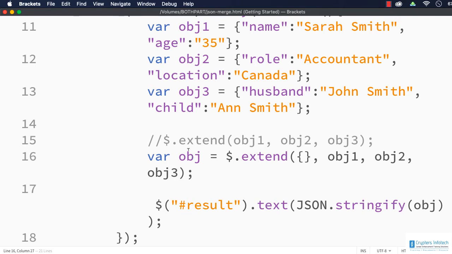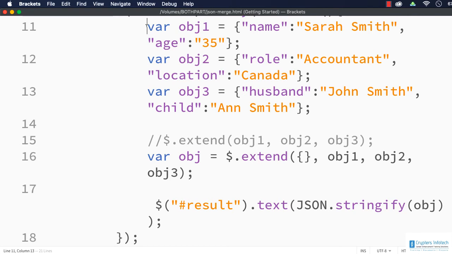Now, suppose we want to have the modified data. For example, if the role is specified as accountant here, and if there is another object with role senior accountant, then that modified data should be included, right? In that case, we can pass a parameter true or false as the first parameter. If it is true, then it will be happening recursively. We don't have to specify false. That is, if the condition is false, we don't have to specify any value. But if we want it to happen recursively, we can pass true as the first parameter. So let me show you that as well.